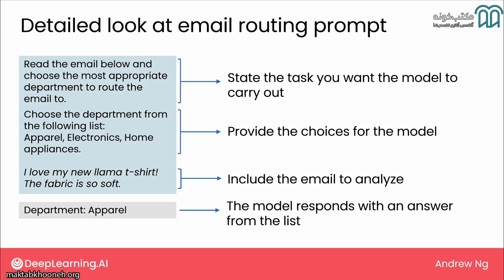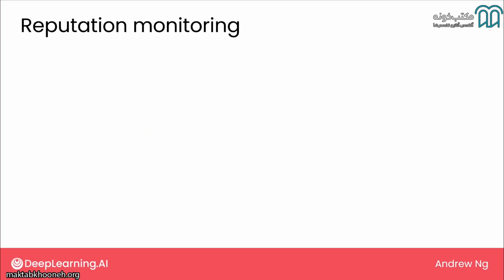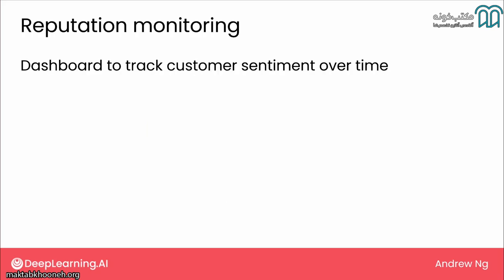In the process of building an application using a large language model, it is, again, not at all uncommon to write a prompt that doesn't quite work right the first time. And when you find it routes it to a non-existent complaint department, then just update the prompt and that fixes the problem. One last application that I want to touch on is reputation monitoring, where you can use an LLM